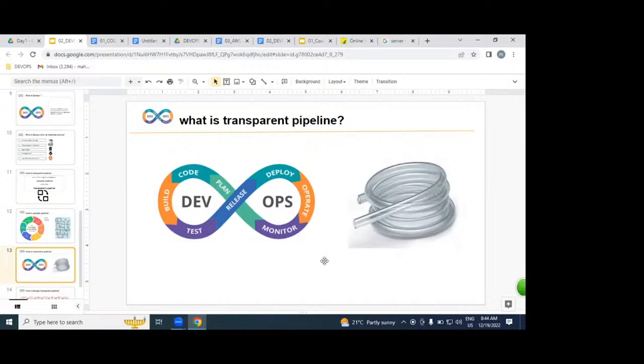Understood? If any issue or any blockage occurs in the middle, you can see at one look in this transparent water pipeline where exactly the problem is, and resolve it as soon as possible, right? The same way in the DevOps process also. DevOps is an automated process. DevOps is a transparent process. In the middle, if you get any issue, any problem,